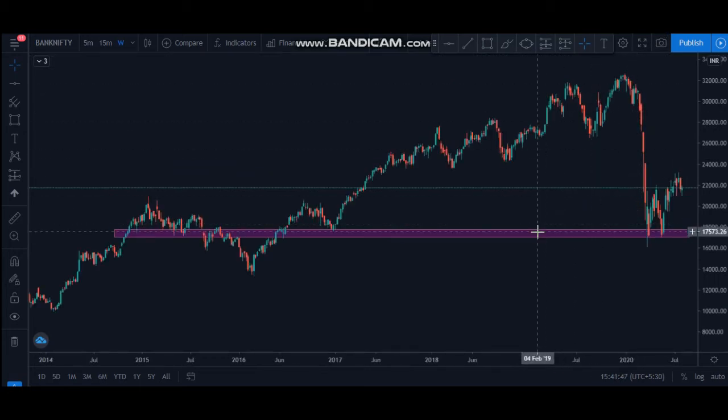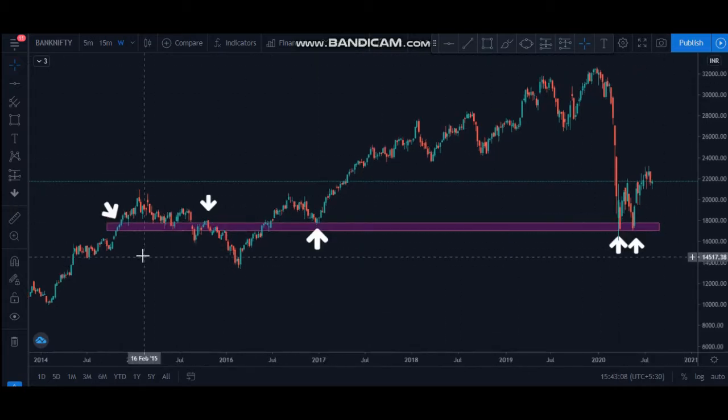In chart pattern, there is always a zone and never a definite line or number or a figure which the price will touch and reverse its direction. So this is a good zone where price is taking support. Again here find rejection, took support, and second time again took support here.